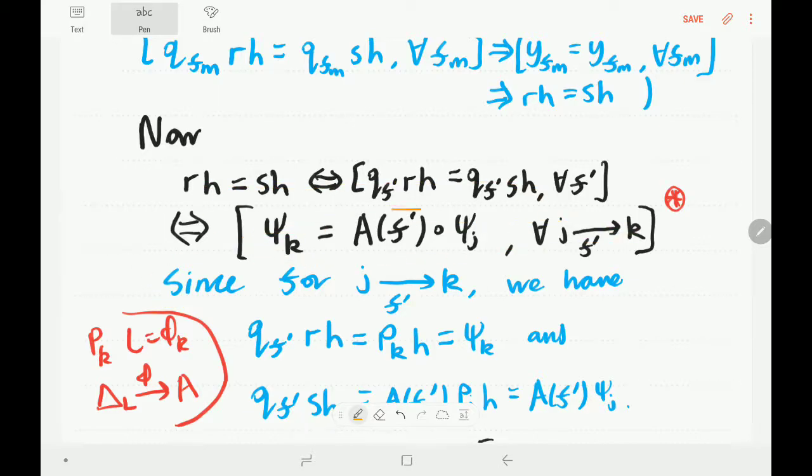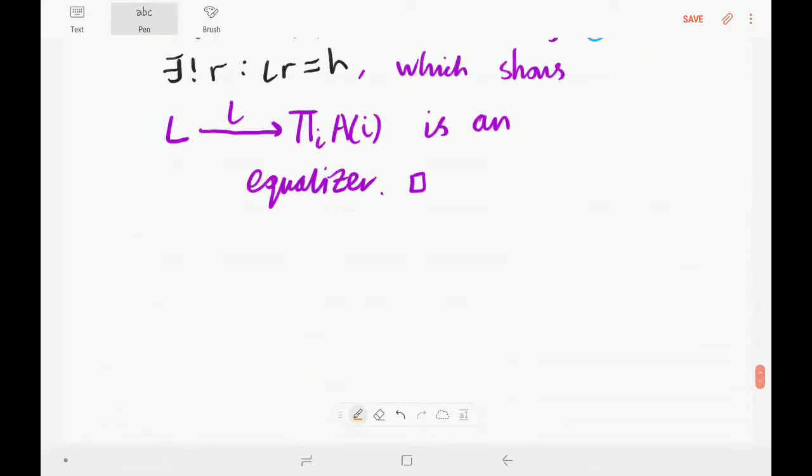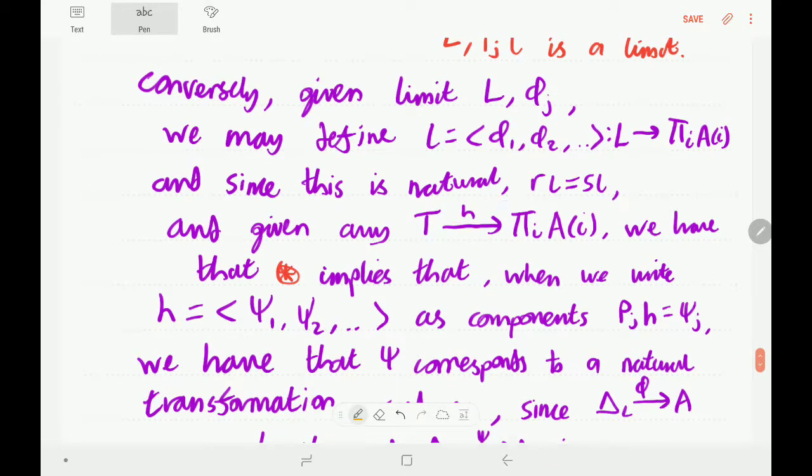And we have that since this condition holds, since our presumed to exist limit phi exists according to our assumptions, we have that RL equals SL. So at least L equalizes R and S, but we still need to show that it's actually an equalizer. But we can do that because we do know, I think I've got it written down here, but we do know that given any